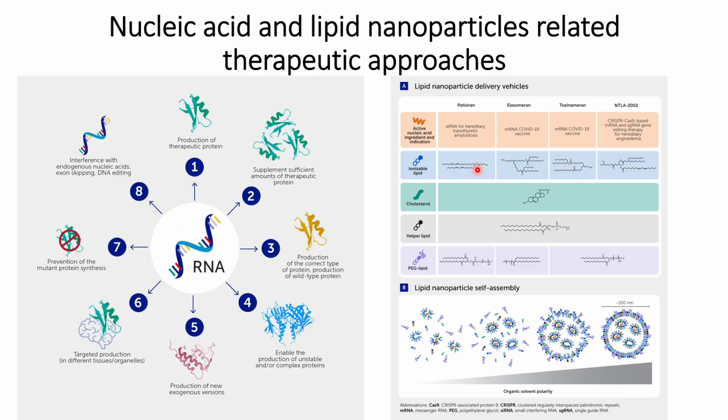So what do these lipid nanoparticles consist of? They consist of an ionizable lipid, cholesterol, a helper lipid, and a PEG lipid. Mixing these will help in the formation of lipid nanoparticles that can deliver the target gene to the site. Rapid mixing of these four components is required, and as the mixing continues, the organic solvent polarity increases, and that helps in the formation of